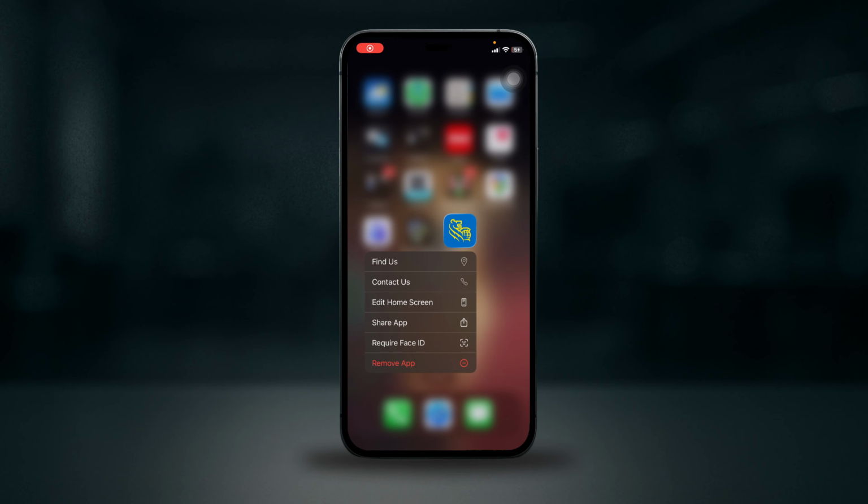Hey everyone, welcome back. If you cannot log in to the RBC Mobile App, here is the correct way to